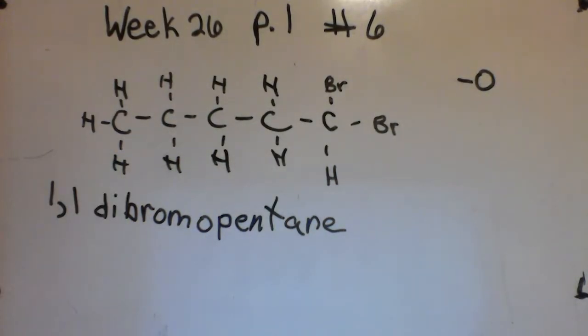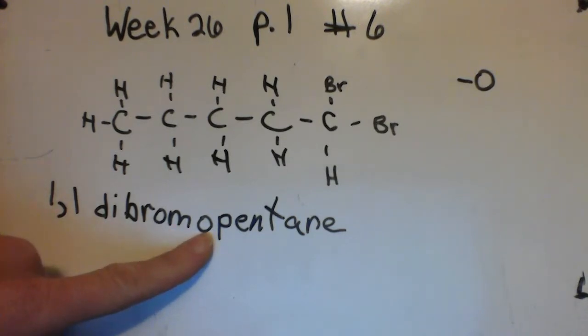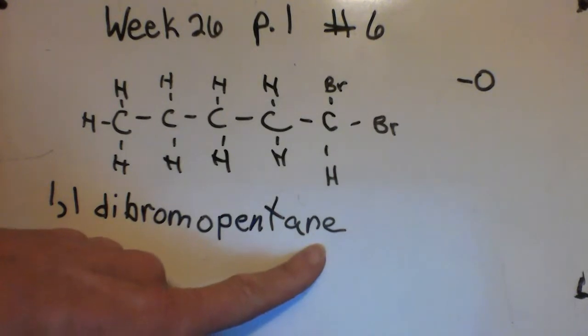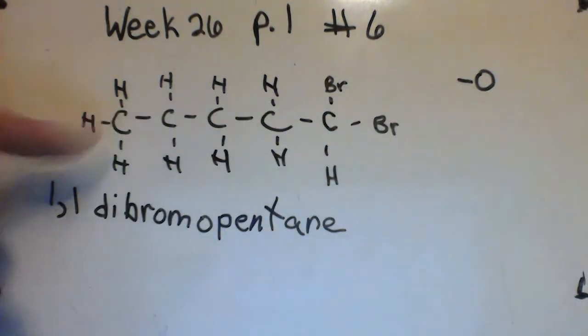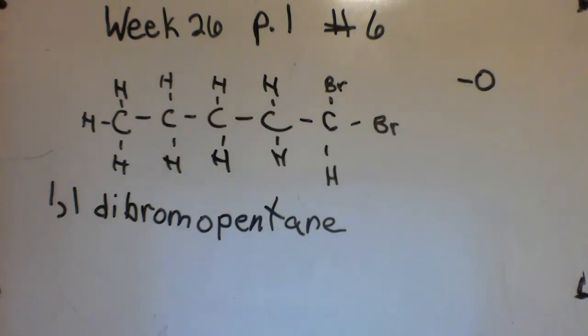Therefore, we're going to call this molecule 1,1-dibromopentane, showing that both bromines are at the position 1 at the end of the chain. There are 2 of them. It's bromine, and the O suffix tells us it's a halogen. Pentane tells us that there are 5 carbons in the chain and that all of the bonds are single bonds,